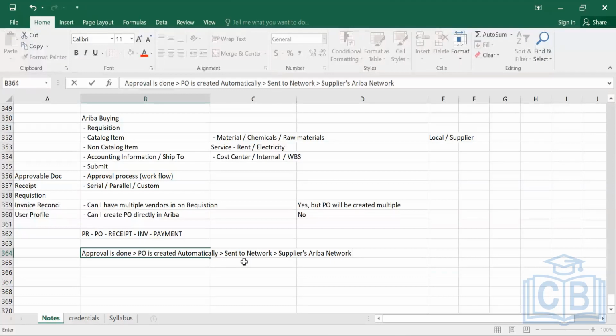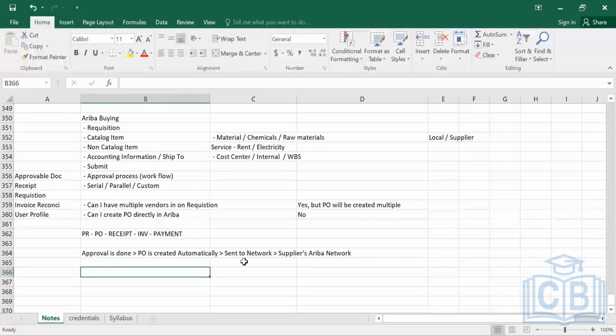Once the supplier receives the PO, the supplier can give a confirmation by accepting the PO using an order confirmation, or can also provide an advance shipment notification, depending. This is not mandatory. These are all optional steps. Once the supplier acknowledges, he can do that. Similarly, a copy of the PO will also be transmitted